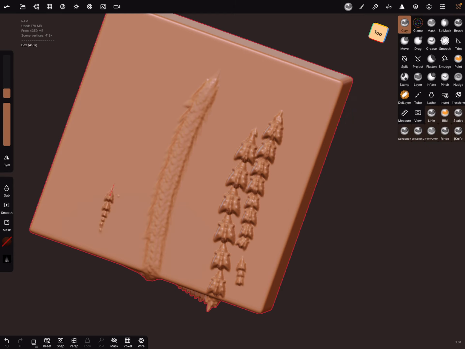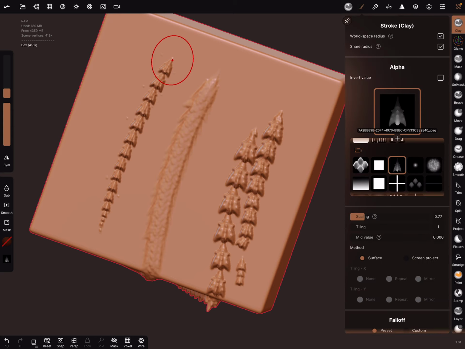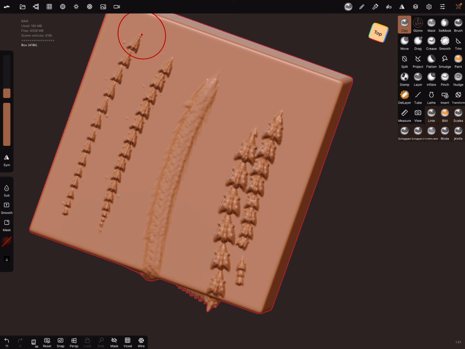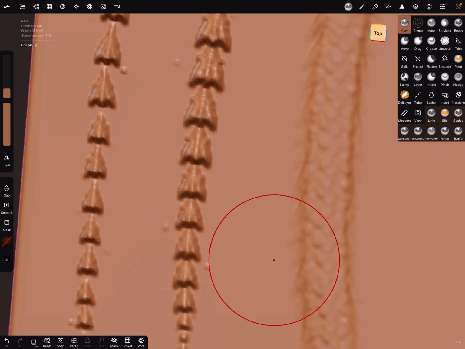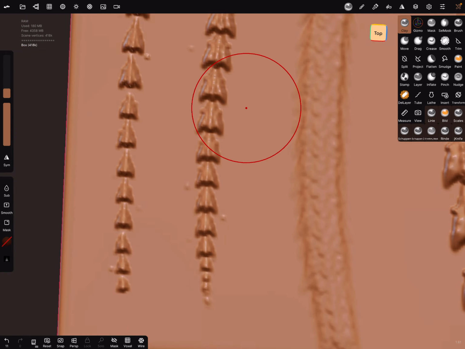And when you reduce the scaling, then reduce it more. You see, they don't touch anymore.